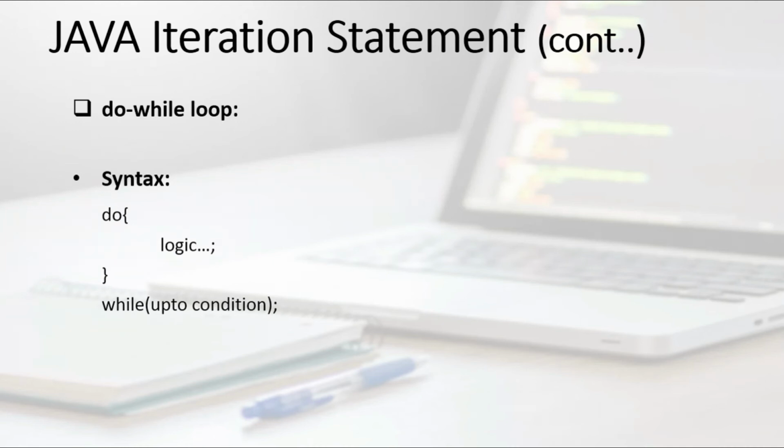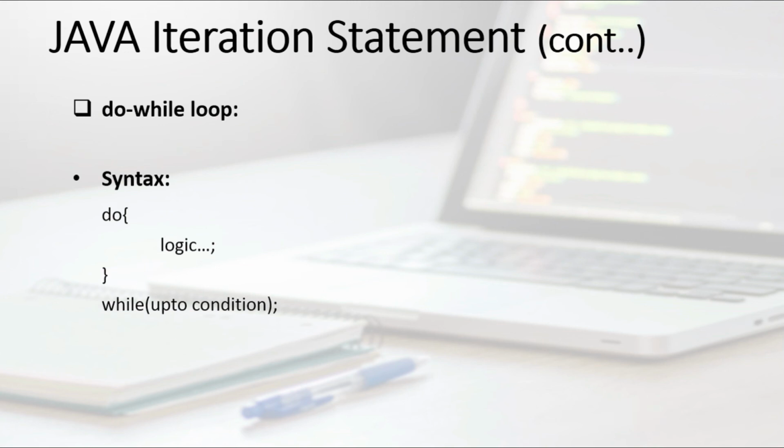Now the last iteration statement is the do while loop. It repeats a block of statements while a boolean condition is true, or until the condition becomes false. A do while loop makes sure that the code block is always executed at least once. Usually, we use switch case inside the do while loop. In a do while loop, the programmer has to maintain or keep track of the increment or decrement value. Do while loops are known as exit control loops. An exit control loop checks the condition at the end of the loop. Hence, even if the condition is false, the loop will be executed once.